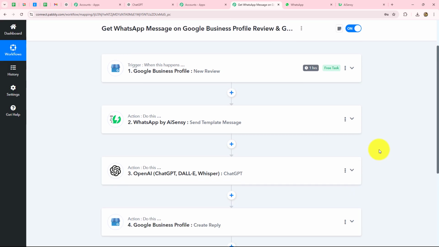So now let's quickly summarize what we have done in the workflow. We have used very simple steps, trigger and action. In trigger, we have taken Google Business Profile, and in action, we have taken WhatsApp by AI Sensei, OpenAI, and once again Google Business Profile. And we have connected all of them in such a way that now whenever we are going to receive a new review, a feedback or a comment on our Google Business